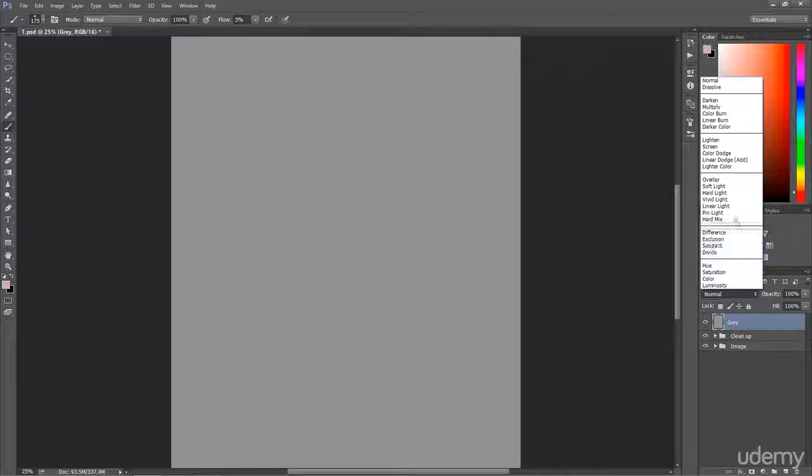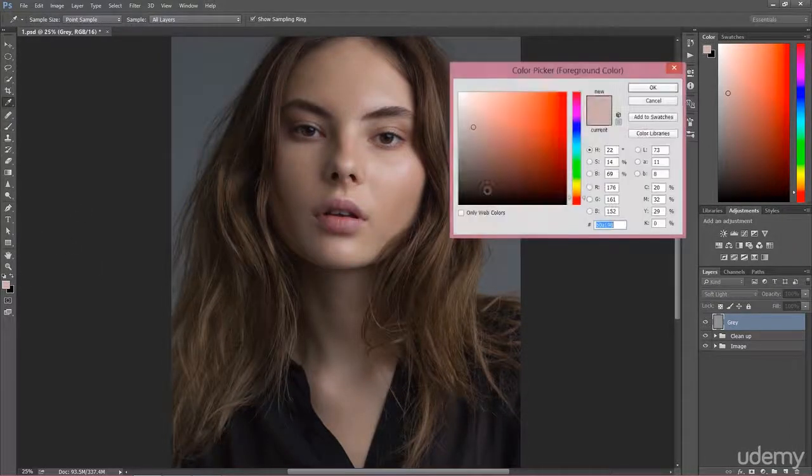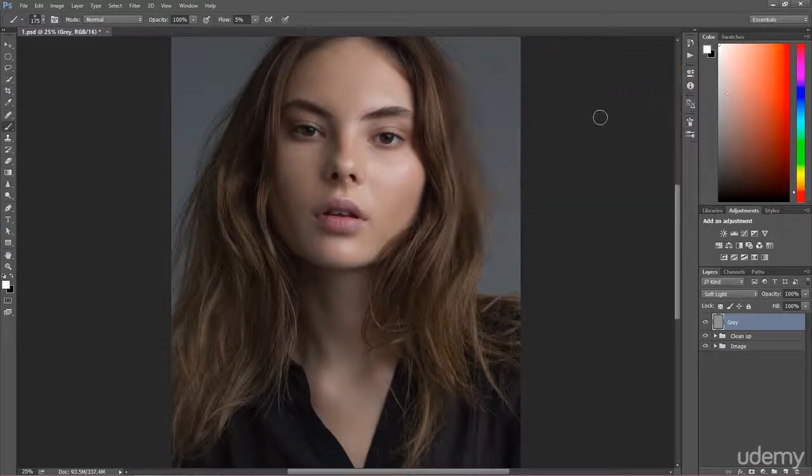To make it invisible, we have to change this to overlay or soft light. And soft light allows you to paint with whites and darks. And I'm going to show you this right now. When we brighten up the image,